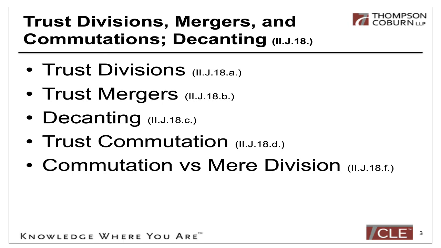And so we're going to really talk about how the first few things are usually not income taxable, and the trust commutation is income taxable. And then we're going to talk about how you make the distinction between the income taxable and the non-income taxable items. Because there's been a lot of discussion on this, and I think people really have not focused on it. They focus on one area or the other, but they don't really try to meld the two ideas together. But we're going to do that here. Let's go to the next slide.